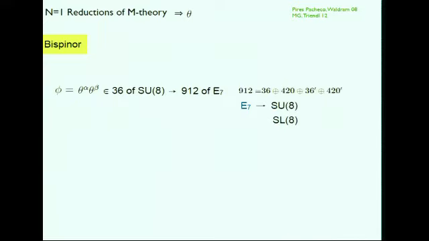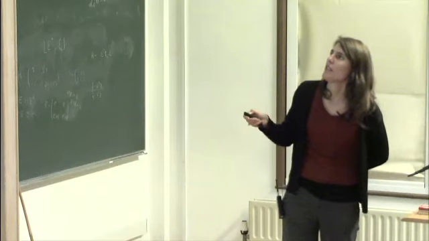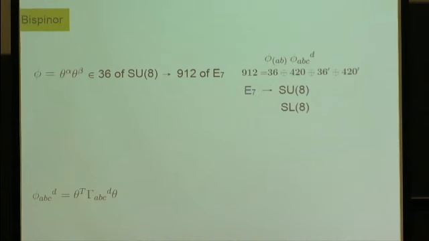And the 912, with respect to the decomposition under SU(8) or SL(8), which has the same representations, splits like this. And in particular, there is this symmetric 2-tensor, and then there is this 420, which is a 3-form tensor, some vector, and the same for the 36 prime and 420 prime. It's the same with the indices up. And in particular, if you look at this object here in SL(8), which you get by doing bilinears of the spinor with gamma matrices, what you get is